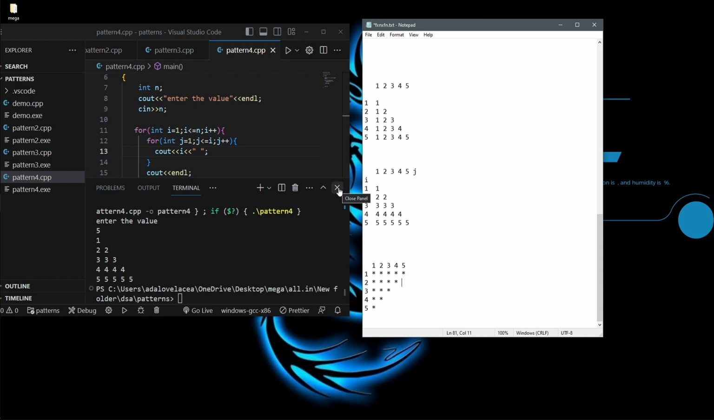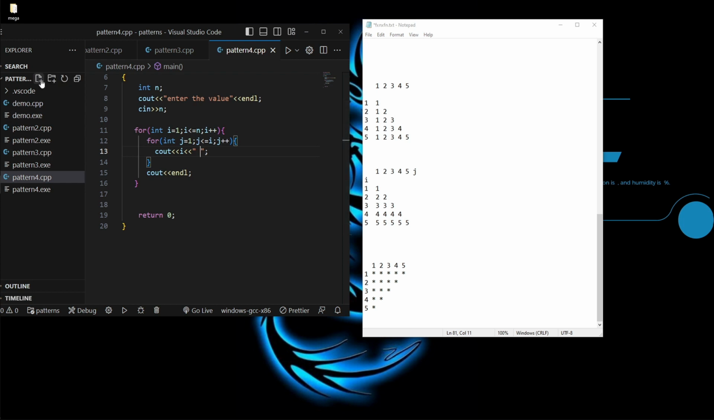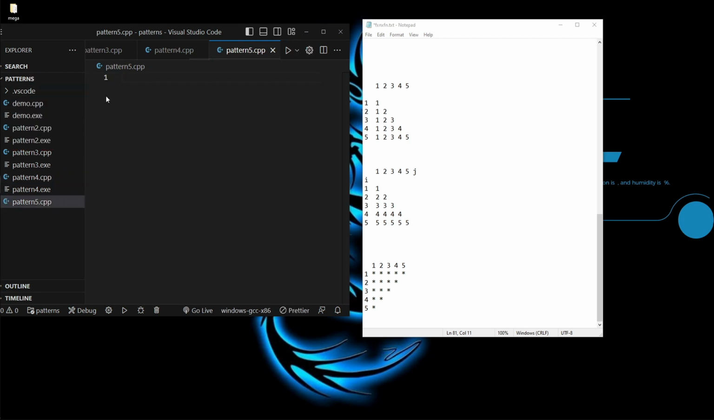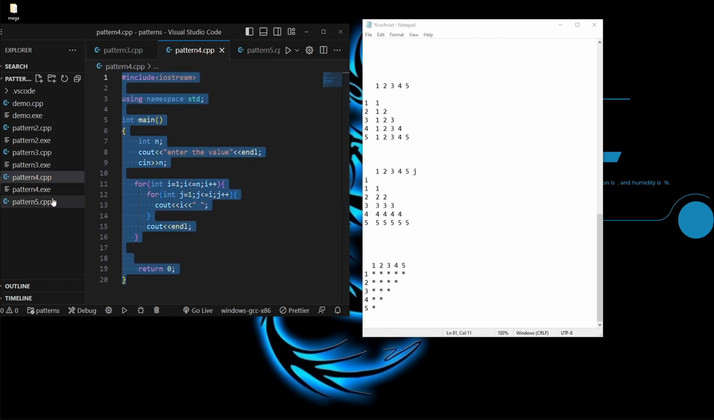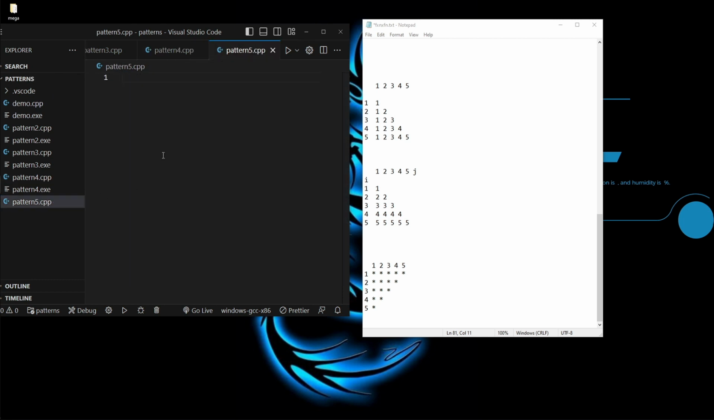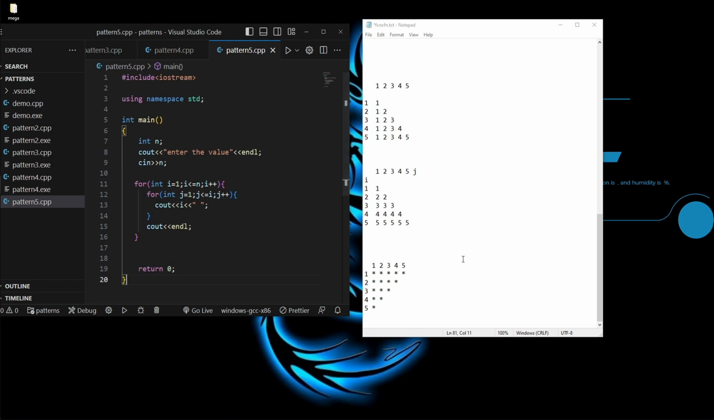So this is our last question. We are going to learn pattern number 5 dot cpp. So in this, what you can see is how you are going to play with rows and columns. Here you can see this for row 1